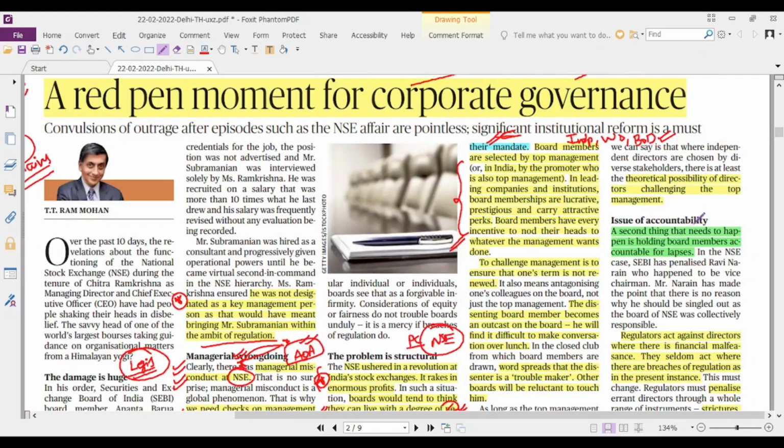And the other thing that needs to happen is, currently, if any director is involved in any financial scam, the board of directors would punish them. It would be reported to the police and action would be taken. But the entire board should be knowing that if something is happening in the company. So who will hold the board of directors accountable for lapses? In this particular case, only the vice chairman was singled out and he was made responsible. But he said, the entire board is responsible. Why are you just pointing towards me?